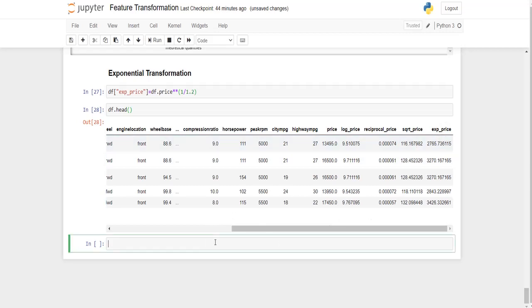So let me print the QQ plot. So st.probplot of df of exponential_price, comma, plot is equal to pylab.